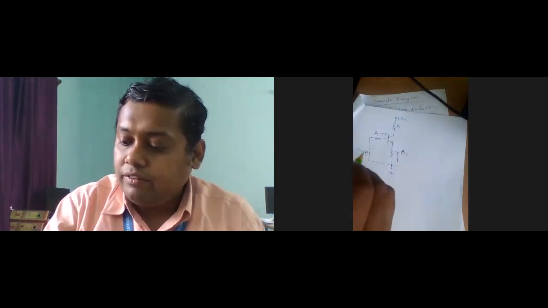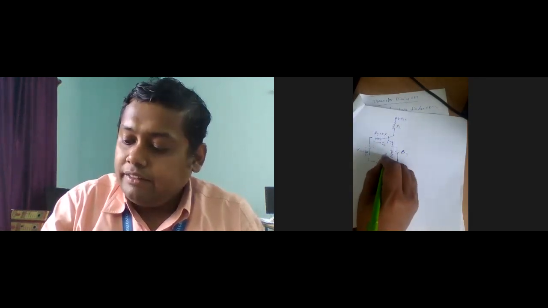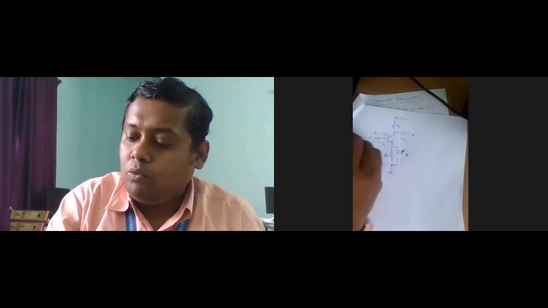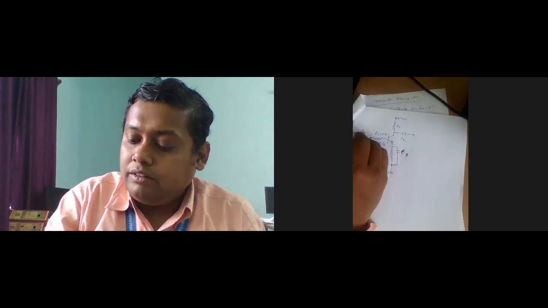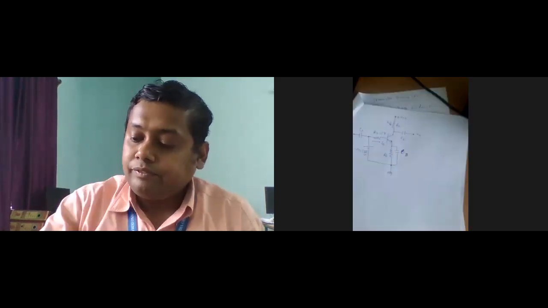So this is the RC. This is the RT, already given over here. Then IB is flowing over here. RE is here, CB is here, that is the bypass capacitor. And here there is C2, this is C1. This is the input voltage, this is the output voltage. It is already defined in the last session. And this is IC, the collector current.